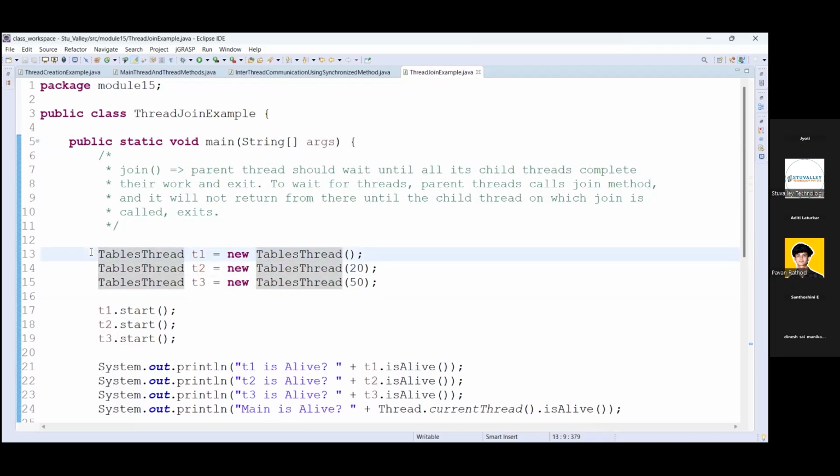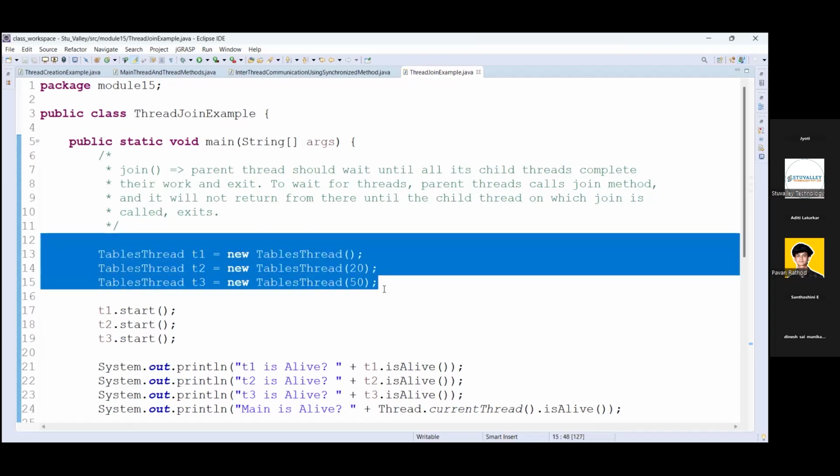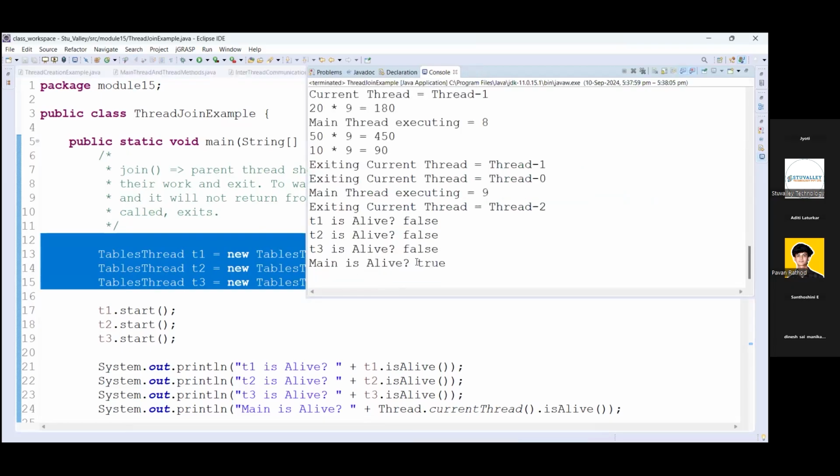But only thing is, all these T1, T2, T3 threads will become dead first. Until then, main cannot become dead. Unless and until they stop their execution and go into the dead state, that means isAlive returns false, the main should be alive. It should not stop its execution.